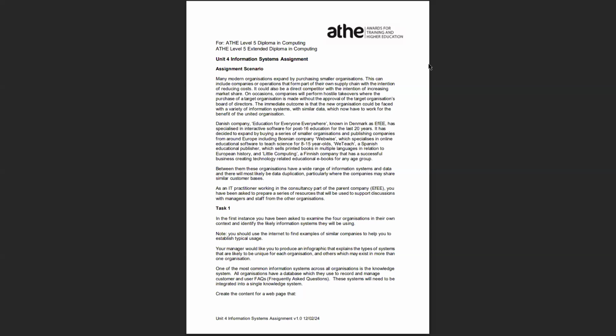A Danish company, Education for Everyone Everywhere, known in Denmark as ATHE, has specialized in interactive software for post-16 education for the last 20 years. It has decided to expand by buying a series of small organizations and publishing companies